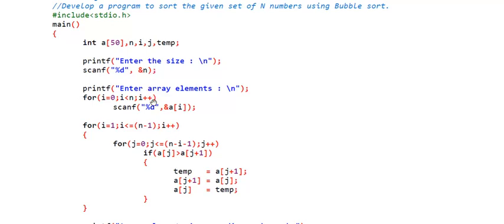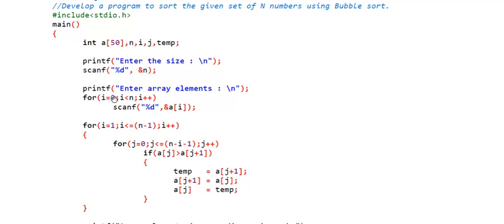Next we are going to read the array. Before reading the array, we will again display a message for the user saying enter array element, so that the user will know he has to enter the array elements. Let's say the user gave n as 5, so he will know he has to enter 5 numbers. For reading 5 numbers, n can be given by the user, either 5, 10, 15, it changes dynamically. So the number of elements to be read depends on how many numbers the user has given.